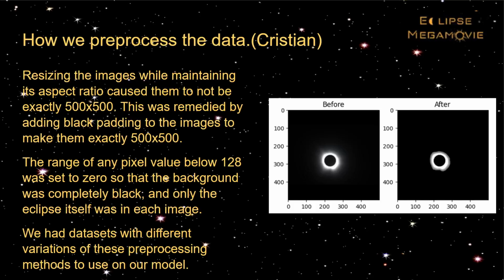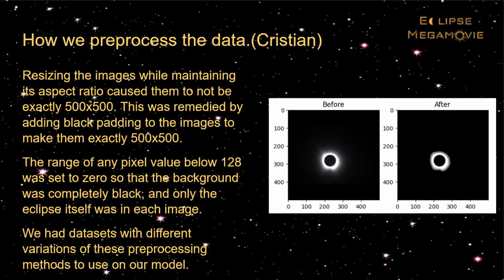We lessened the effect that the background had on each image of the eclipse by changing the dynamic range so that any pixel that had an RGB value of less than 128 would be completely set to 0 and turn completely black. This made it so that only the eclipse would appear in the image and no background would affect how the